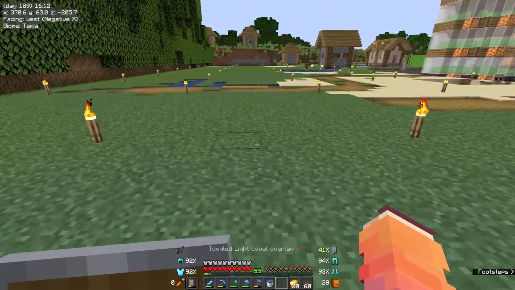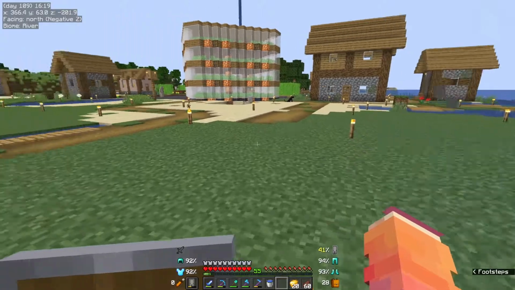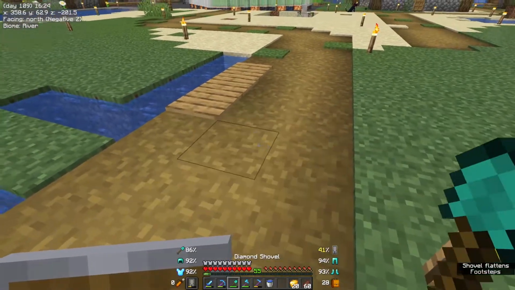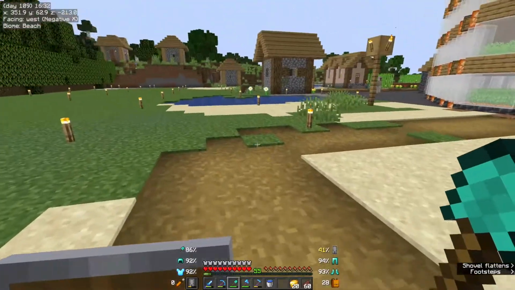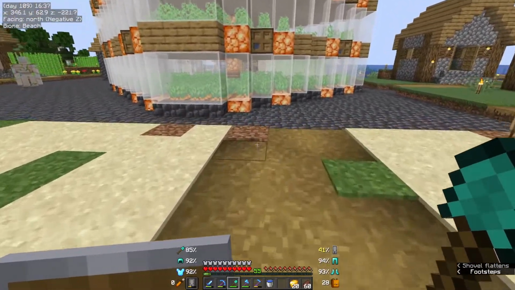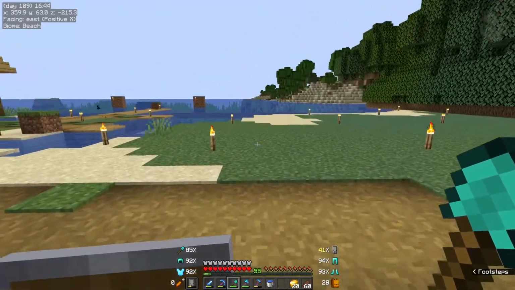So light levels, you want to keep everything 8 and above so that monsters can't spawn on it. There are certain monsters that can spawn in higher light levels, but that's something for a future episode, and it's not something that you generally will see in the overworld. I don't actually know what I'm going to do with this. I might just get rid of all this, but to start out with, we're going to go all the way over here,